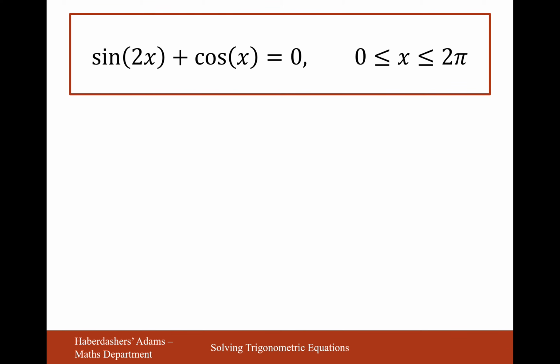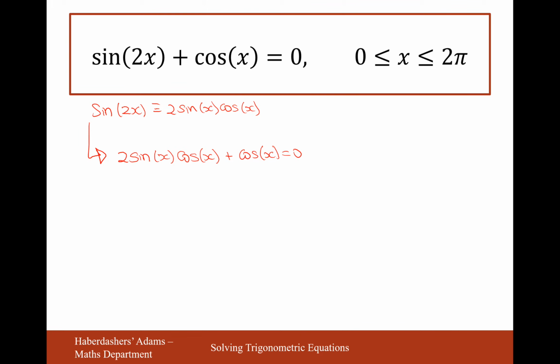Okay, let's move on to the next one. So we're going to be using sine 2x identity here, and the sine 2x identity is 2 sine x cos x. So let's now use that in the question. So it's going to now be 2 sine x cos x plus cos x